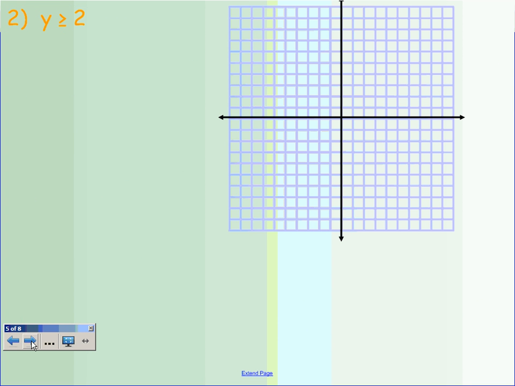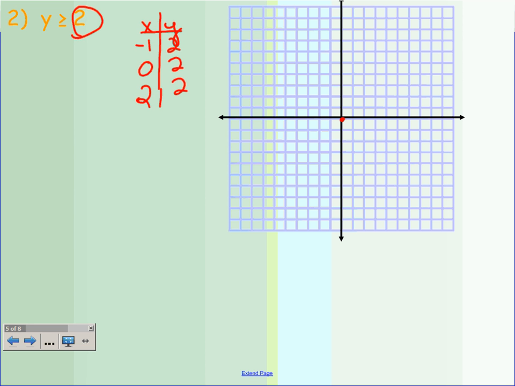Number 2, y is greater than or equal to 2. Now we're talking about our y coordinate. I've talked to you about this before: if you're not really sure which direction the line goes, y is greater than or equal to 2 tells us that we're talking about 2 every time. So you can just randomly put in numbers for x. That's just one way that I think of it. So if you know what y is greater than or equal to 2 looks like, then we're talking about, here's our origin, 0, 1, 2,